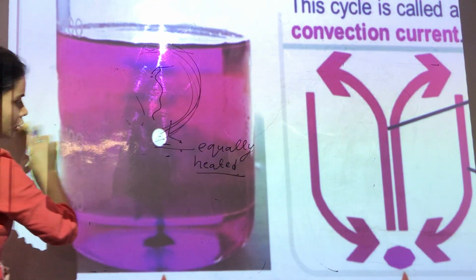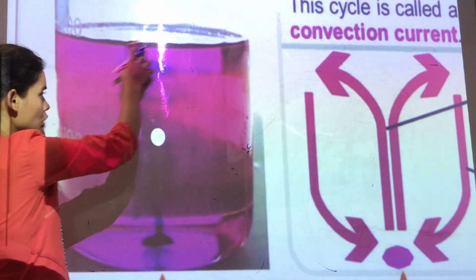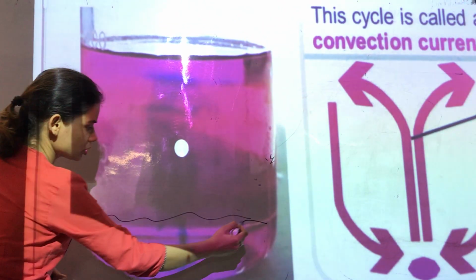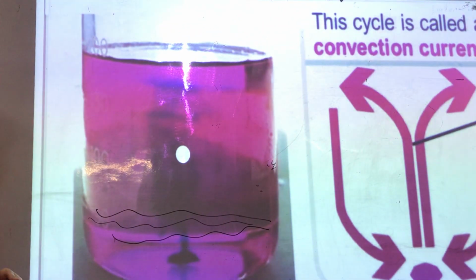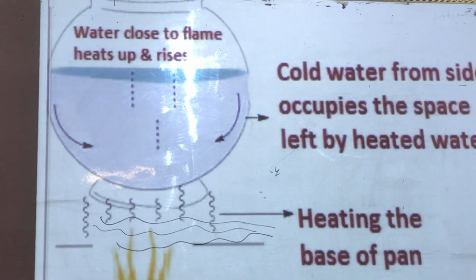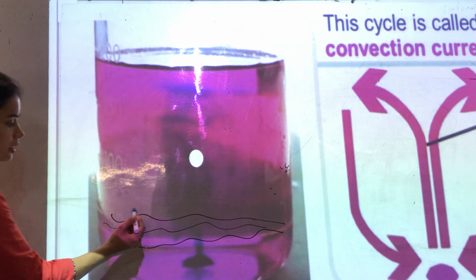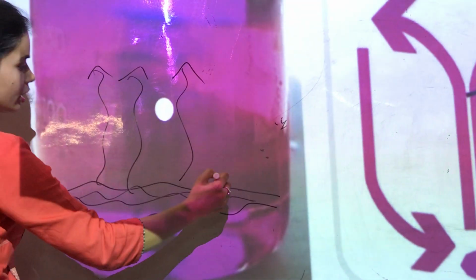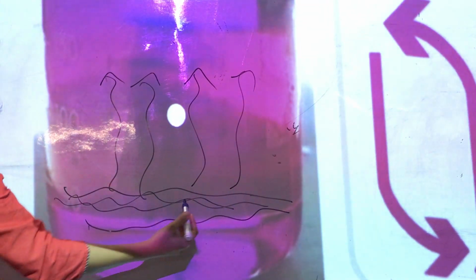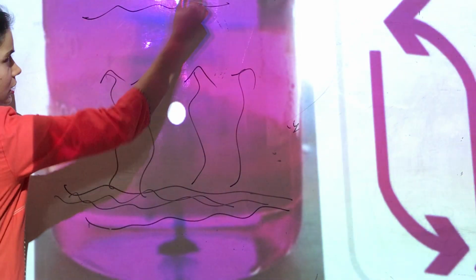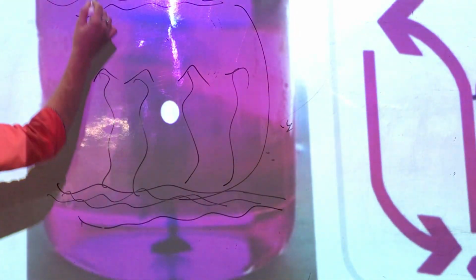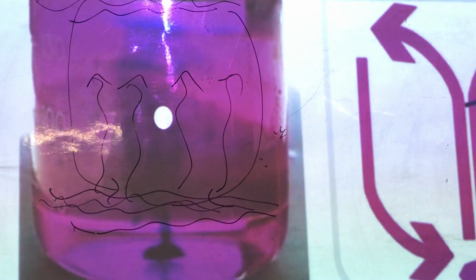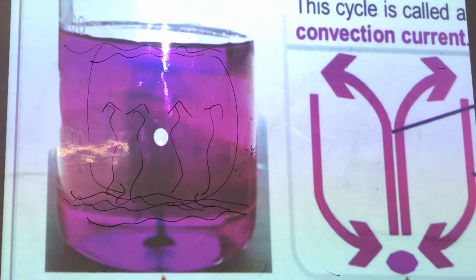If you take this water, you can do this experiment by using colored water. So if you take any colored water and heat it up, you will notice that first of all the water which is very close to the flame here will start heating up and it will rise above. When it rises above, the space will be empty here. So what will happen? The water which is at the surface will take its place and it will start heating up. So this process is called convection, and this takes place in liquids as well as in gases.